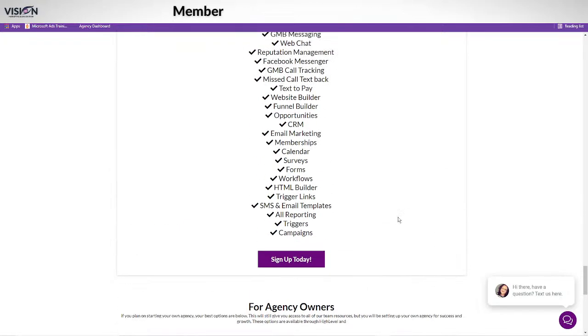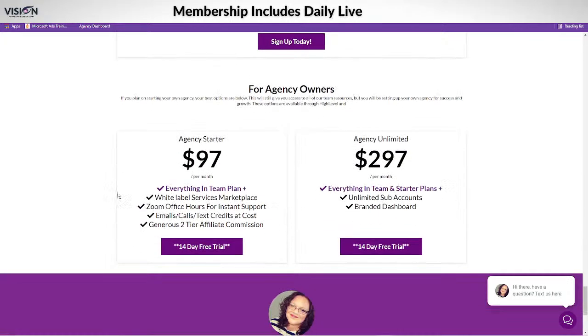But the thing is that when you have your own agency seat, you're going to get all of the texting and calls and all of that. All of those credits are going to be at cost because that is just your agency plan, right? As an agency, you have to mark it up to be able to actually make money as a business, okay? So as your own agency, you'll just get it at cost.